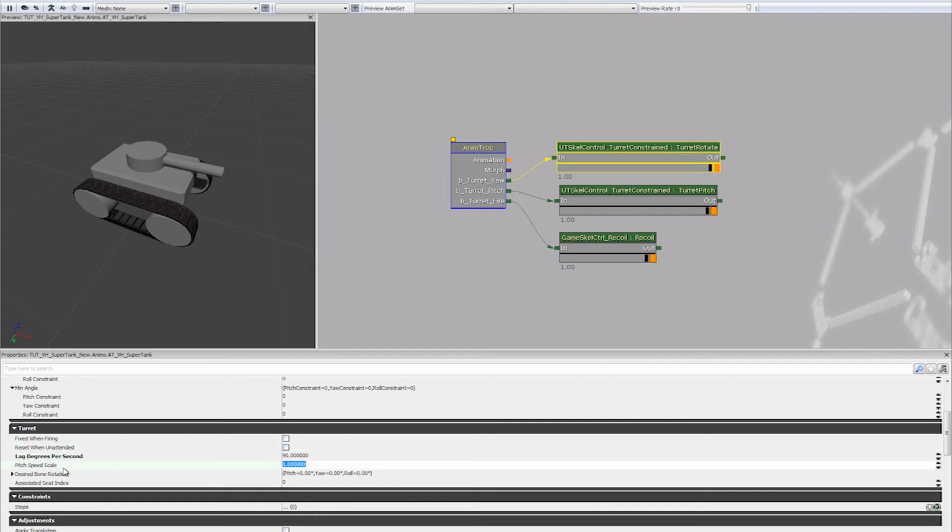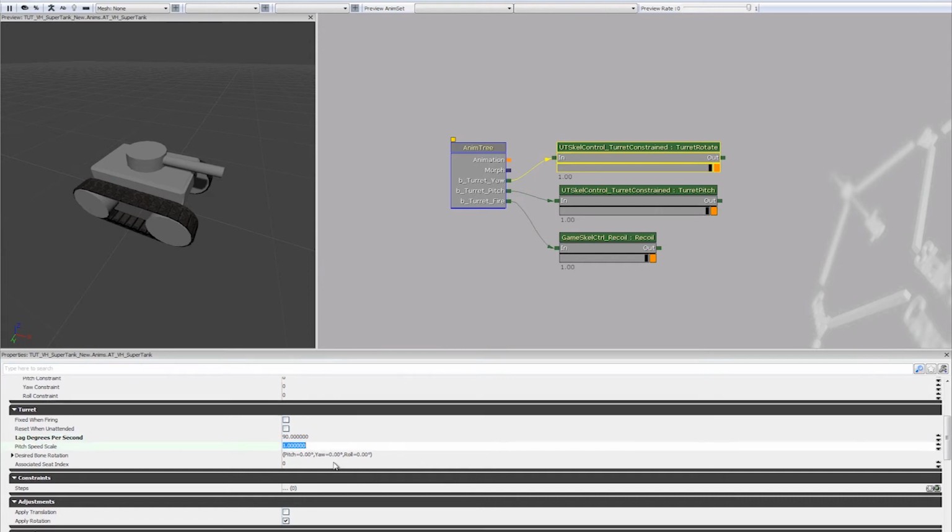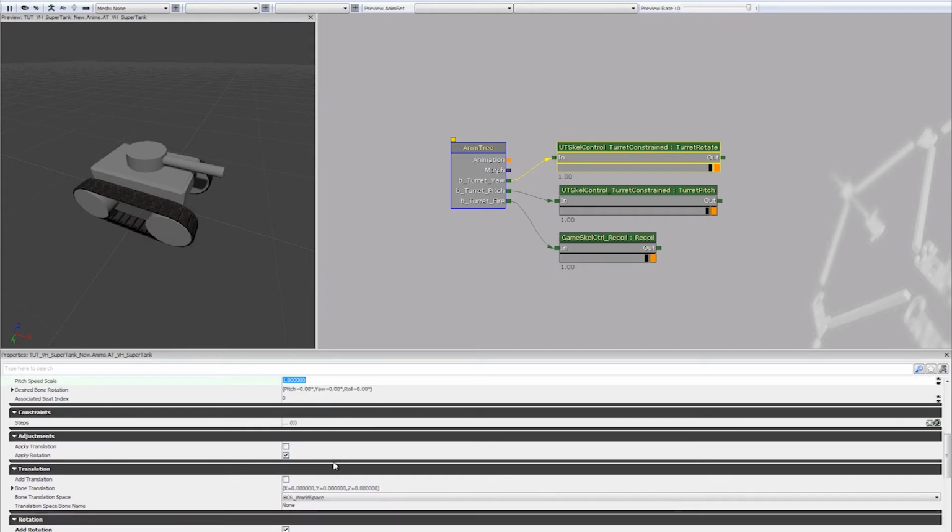You have a separate input for pitch speed, so you can apply a multiplier. This is basically a multiplier for this value. So whatever this is, you can say maybe I want it to be 45 degrees for the pitch angle, and you could do it this way. But again, we have controls individually for that. I'm going to leave that alone, and I'm going to leave this at 90 degrees per second as the turn rate. Scrolling down a little bit more,